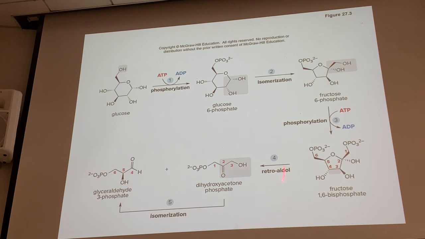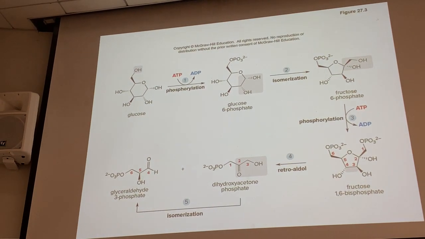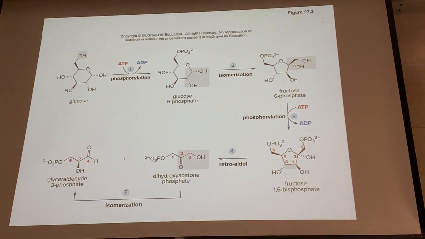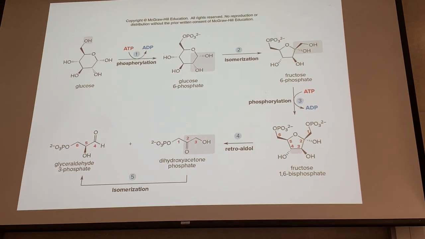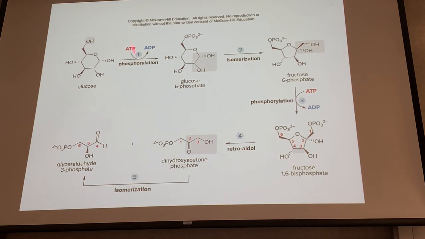Here we will see it's going to be a retroaldol reaction. So let's look at the steps in the glycolysis pathway. The first step is a phosphorylation, where the primary alcohol of glucose is going to react with ATP, taking